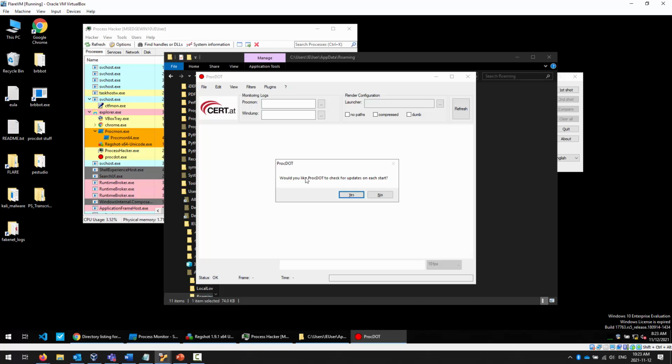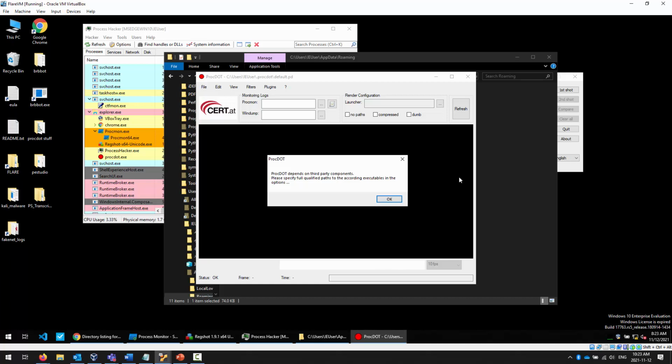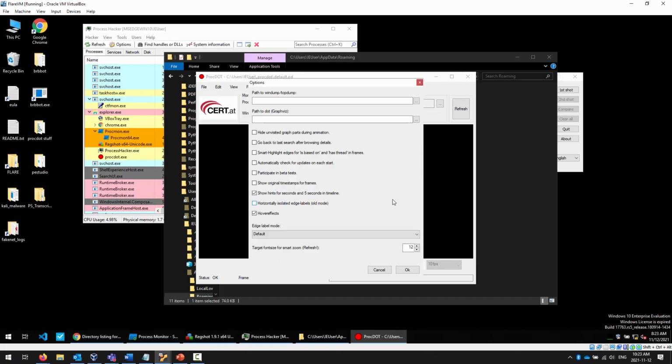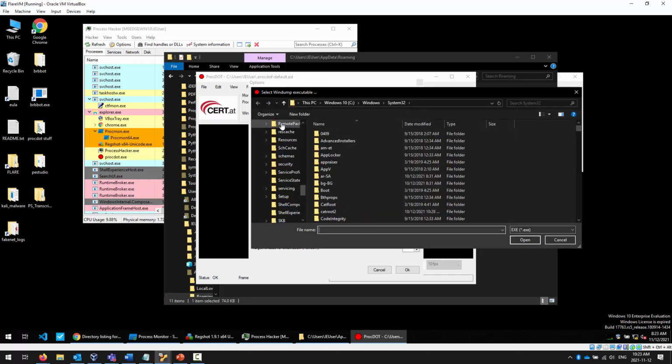Would you like to check for updates, as we said before? No, it can't. It's not connected to the internet, typically. Do you want to participate in beta tests? Again, not connected to the internet, so we're going to say no. It does need us to configure it, so let's configure it. It wants to know where WinDump TCPdump is. I'm just going to tell it to go to the desktop and use